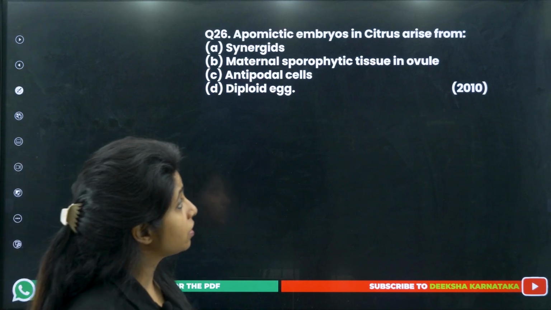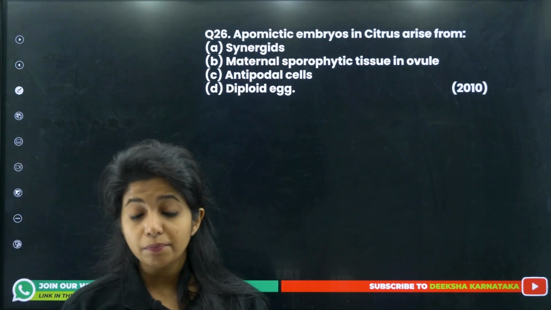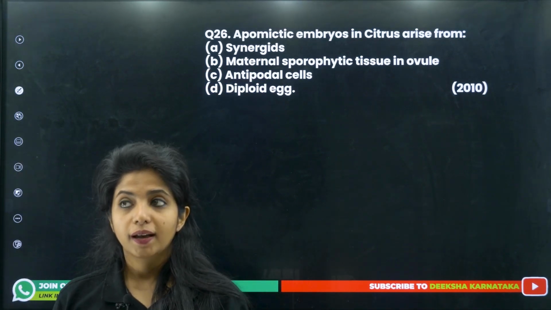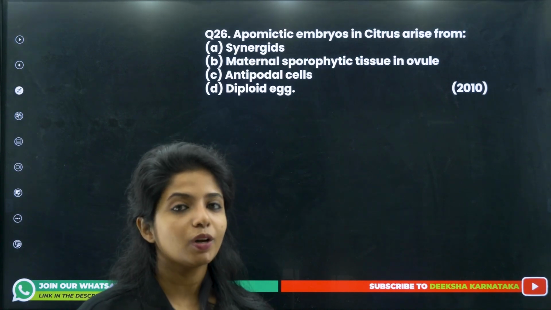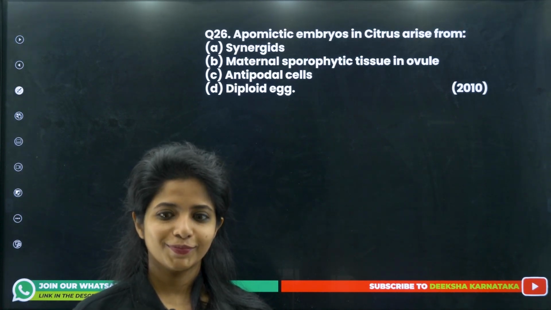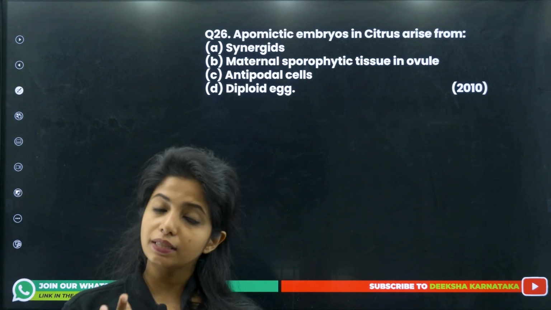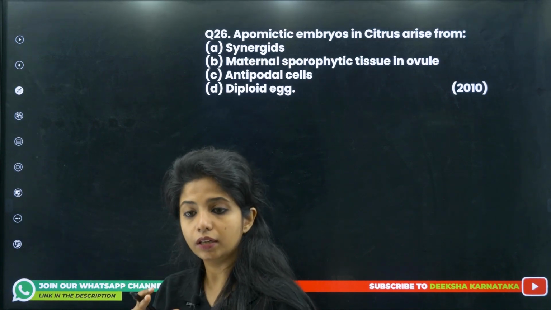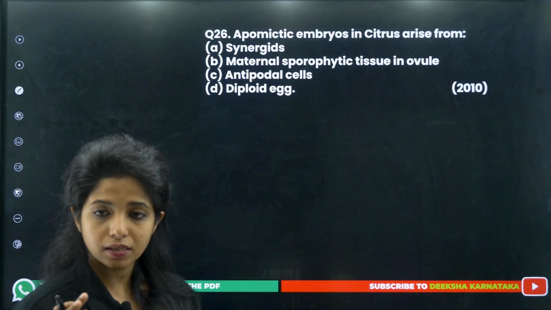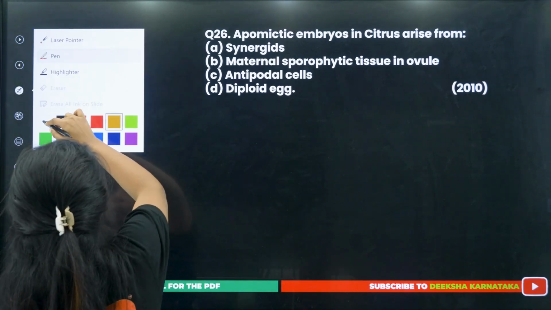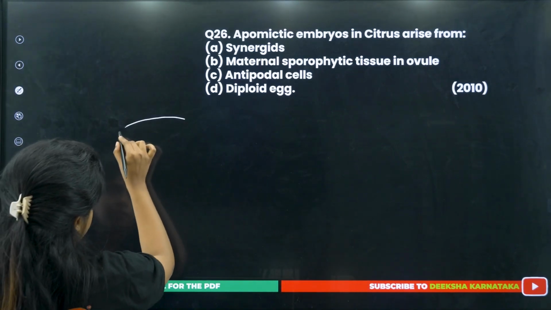Apomictic embryos in citrus arise from. Apomictic, what do you mean by apomixis? If you remember, children, apomixis is where you are forming the seed without fertilization. That is something new. How can you form the seed without fertilization? A seed will only occur if fertilization is happening, the embryo is formed, that's when a seed occurs. But this case is kind of different. Over here in apomixis, there are two situations. One is